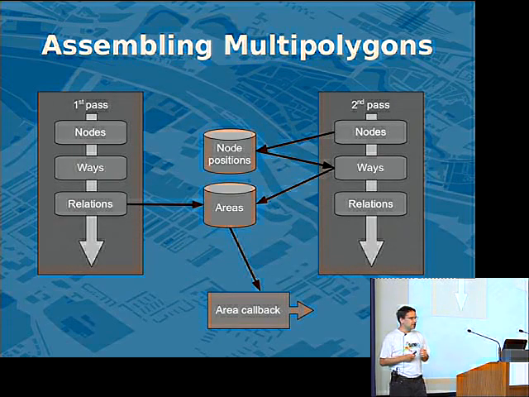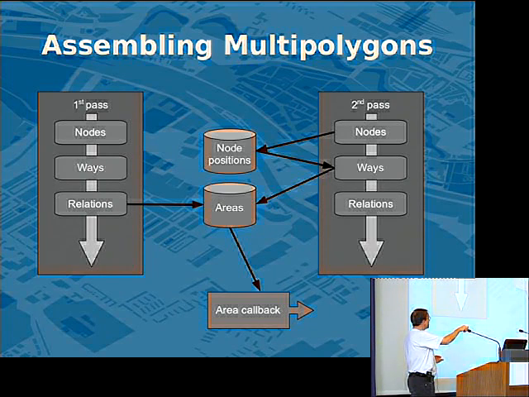So this is how it does that. It has to read the input file twice for this to work. The first time it reads the file, it ignores the nodes, ignores the ways, just looks at the relations. If it's a multi-polygon relation, it keeps a little in-memory storage with a list of all those relations and the ways that are needed for those multi-polygons. And then on the second pass, it reads the nodes and keeps the node positions. This is already done in the position handler I talked about earlier that keeps the node positions,